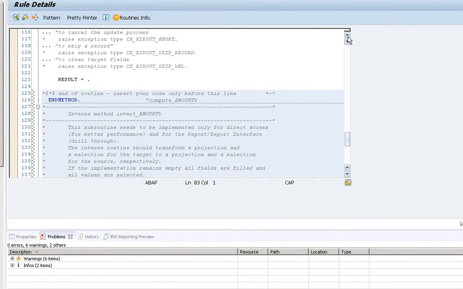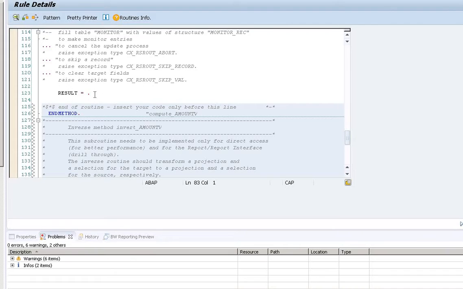So in this case, you can always see that this result will be assigned, meaning that at the end of the code, you have to assign the result into this result variable. So it is fixed always. So in order to do that, suppose, as I said just before, based on the material, based on the company code, we're going to change the sales amount. And here we have to work on the source fields, because I'm comparing with the source field. Based on the source field, my result fields will be changed.